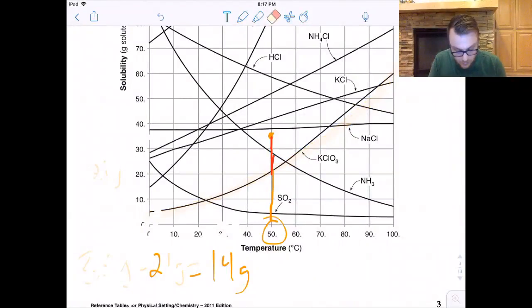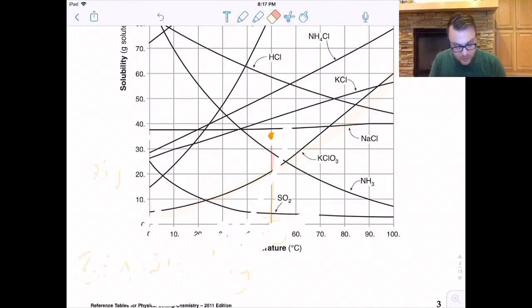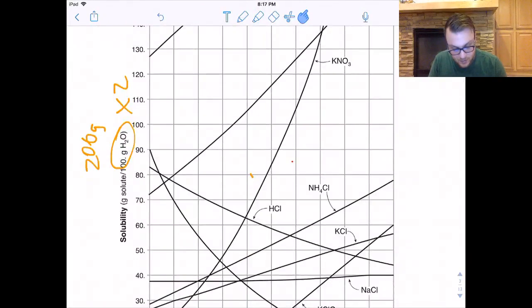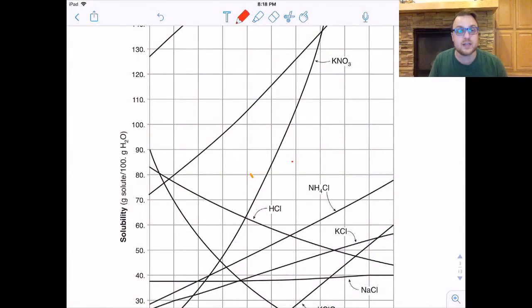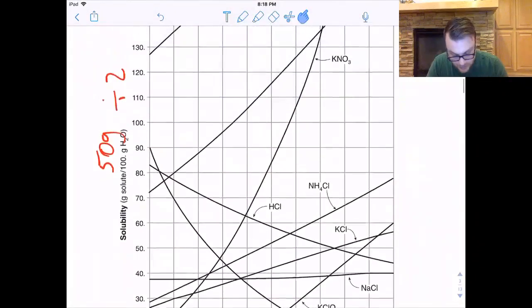Another trick they might try to play is, instead of saying how much KNO3 can dissolve in 100 grams of water at 50 degrees, they might say 50 grams of water at whatever temperature. So if they change the amount of water from 100 to 50, take everything on the y-axis and just divide it by 2. So, if we were doing KNO3, which is this curve,